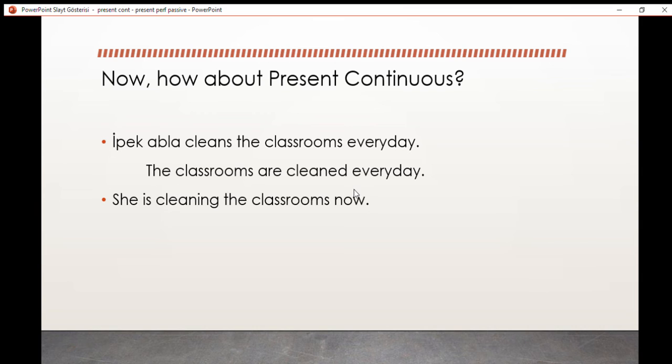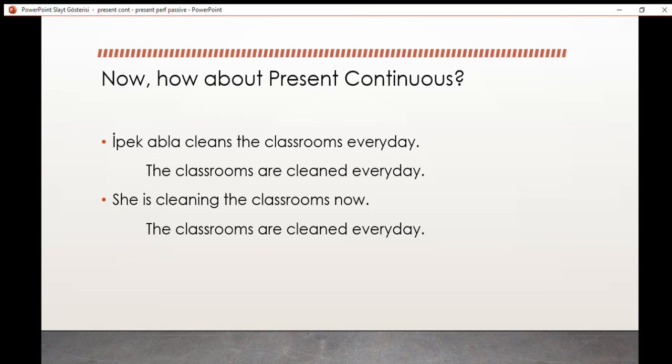She's cleaning the classrooms now. The classrooms, object, are, be, cleaned verb 3 every day. Wait. This passive sentence is exactly the same with this one. But this active sentence and this active sentence are different. This one is present simple, a routine, also it says every day, but